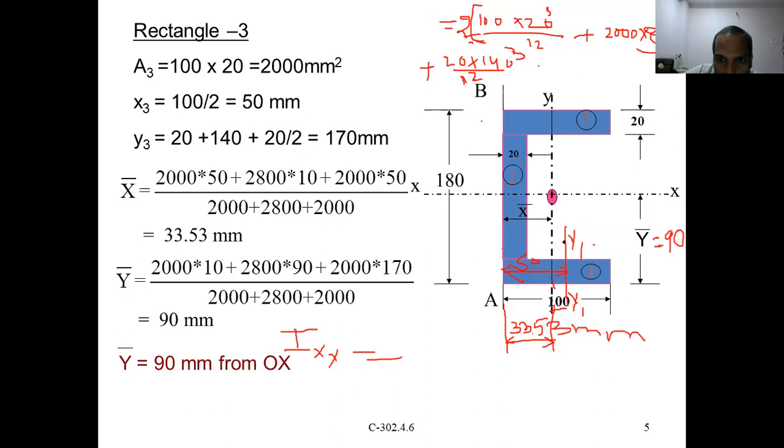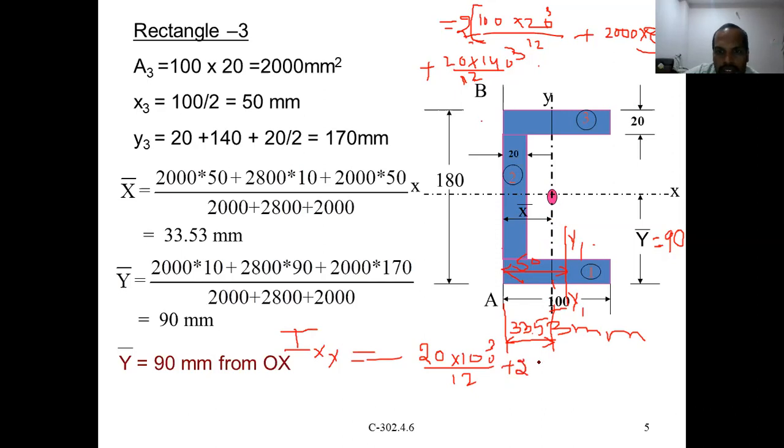For that one, what is the centroidal axis here? But we want the moment of inertia about this axis, so it is away from this. They are not coinciding, so again we have to apply the parallel axis theorem. So what is the parallel axis theorem? The moment of inertia of the section about its centroidal axis is nothing but BD cubed by 12. So what is the B? In this case B becomes D, D becomes B. Nothing but 20 into 100 cube, divided by 12. This is about its centroidal axis, but we need it about this axis, so plus AH square.